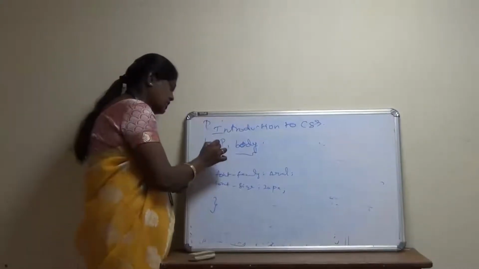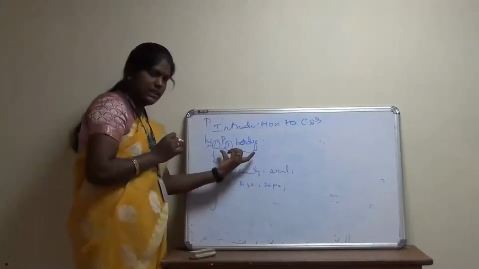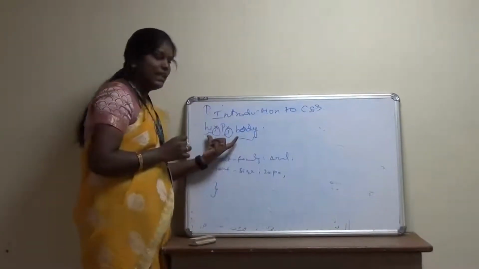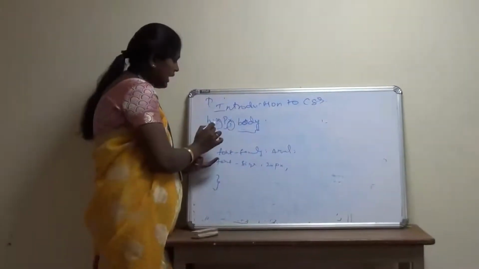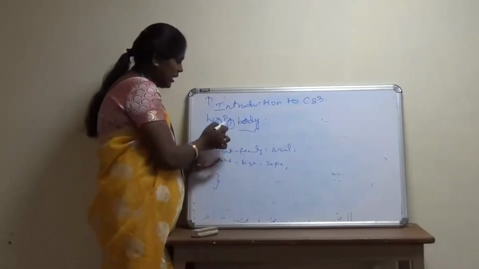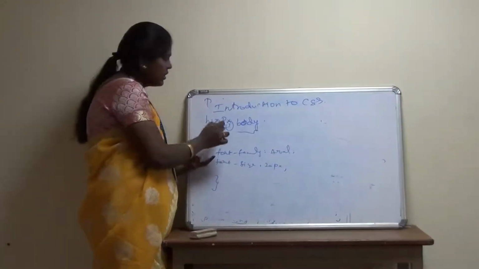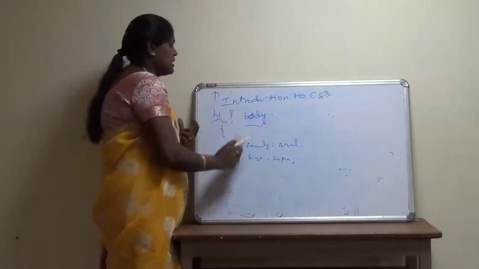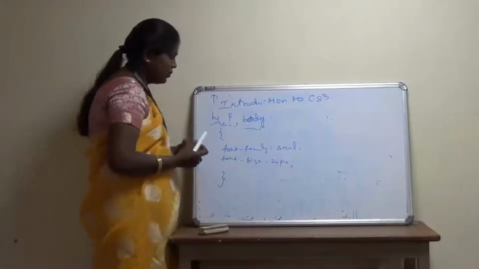We must use this comma which is going to separate the selectors. Suppose if you are not using this comma, it will take it like an inheritance, that is the element which is inside a paragraph and inside the H1. So it will think it is an inheritance. So we must use comma as a separator when we are using a group selector.